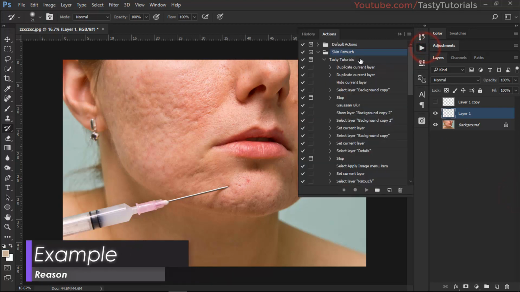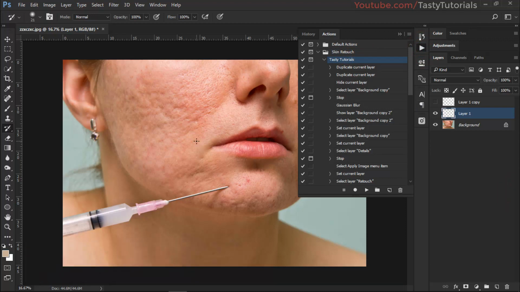Let's have an example. I have created this skin retouch action. Now I just put in the image and play the action. I adjust the options, and within 2 to 3 minutes I complete my work. But when we do this procedure manually, creating everything individually, it will take about 15 to 20 minutes, or even 1 hour if it is very complicated work. So if I say that you have to do this skin retouch on 100 of your images,